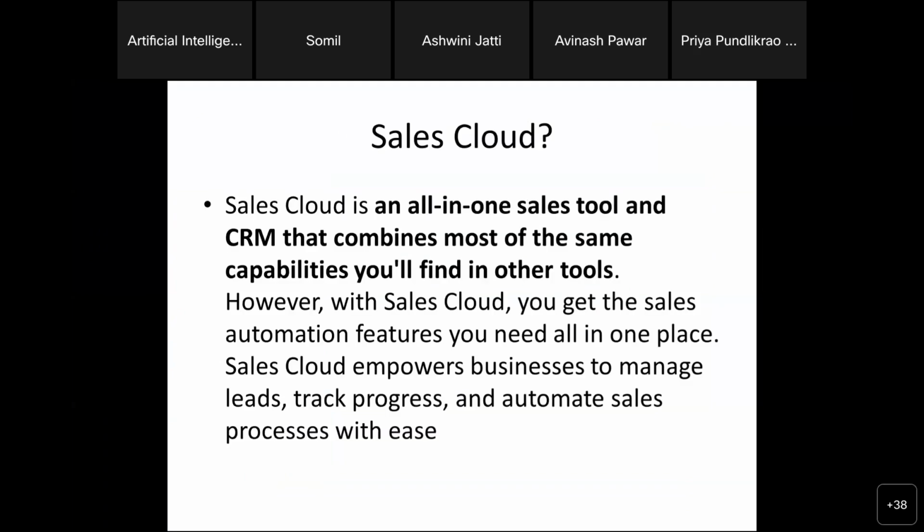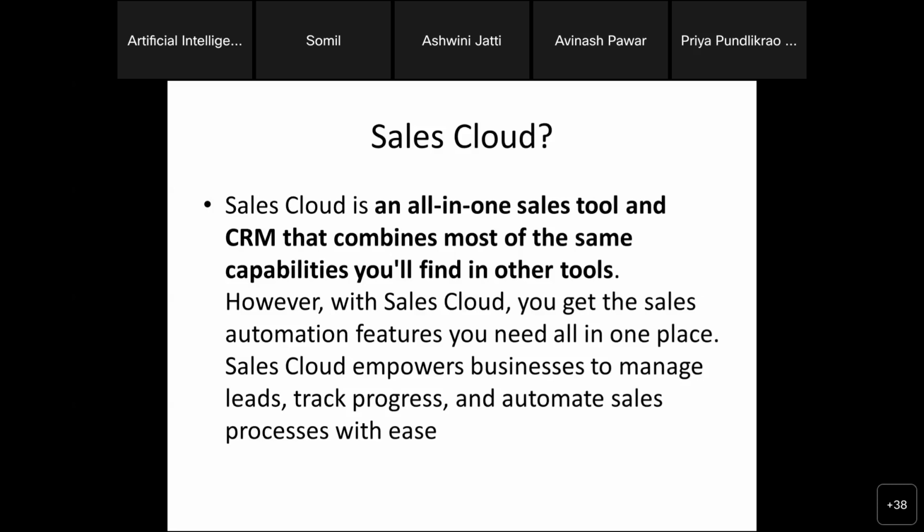When I'm giving the Sales Cloud to the customer, that doesn't mean that only sales related things would be given to that customer who would be selling their product. With Sales Cloud you would be getting Marketing Cloud also, and Service Cloud also. So this is an all in one application.